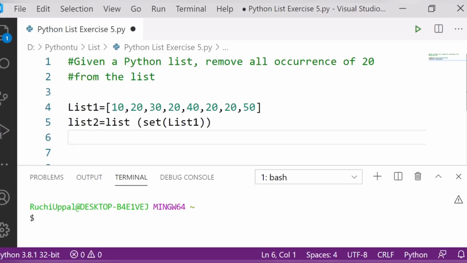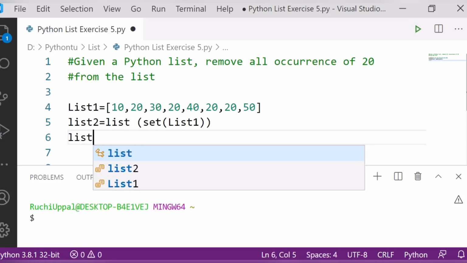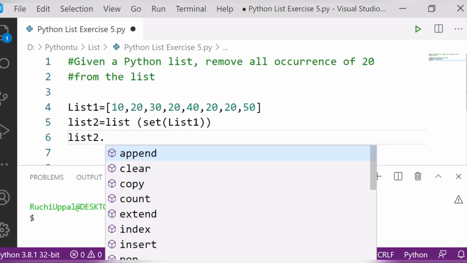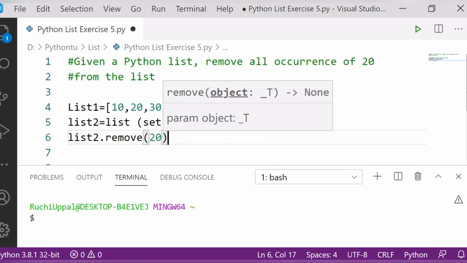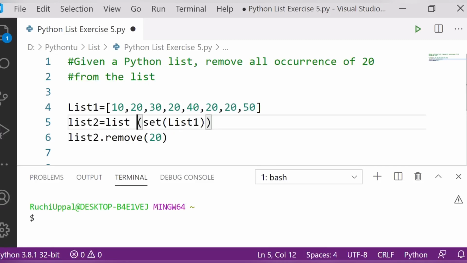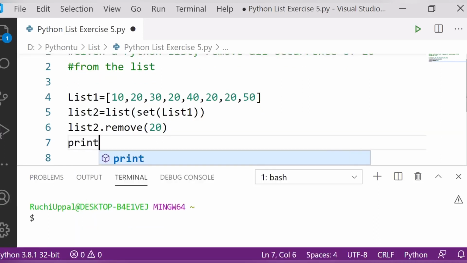After that I will tell it to remove, list2.remove. Then what I have to remove is the number 20. So I have to remove number 20 here. Then after that, obviously I am going to print my list2.